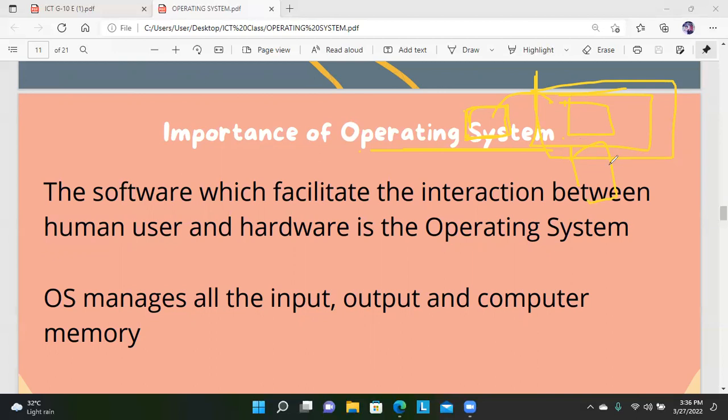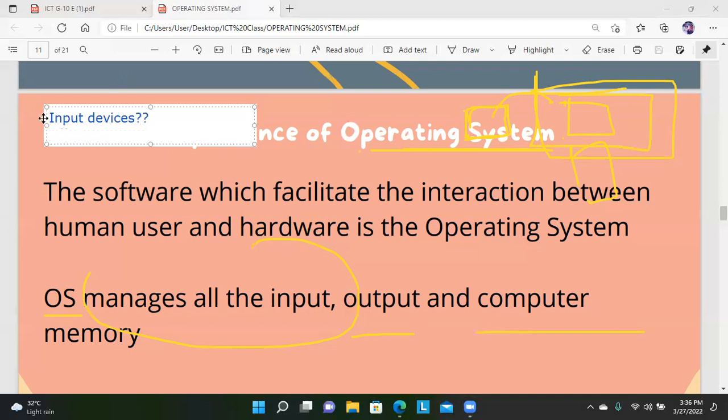So the operating system is the one in the middle, like a mediator between the user and the hardware. This operating system will be the one which is going to manage all the input, output and computer memory. You might remember what input devices and output devices are. Tell me some examples of input devices. Mouse,